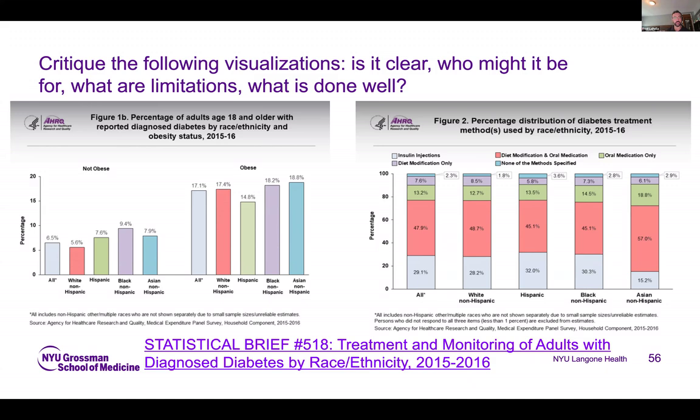Yeah, answering different questions. Dialing in on the left, we see more around obesity levels and giving the percentage. On the right, giving more around different medication levels. Maybe the one on the right is a little bit more interesting as I dive in. The labels at the top mean you're sending your reader elsewhere. So it might be more helpful if they had found some way to represent insulin and diet, or I guess diet and medication, diet only, or none.